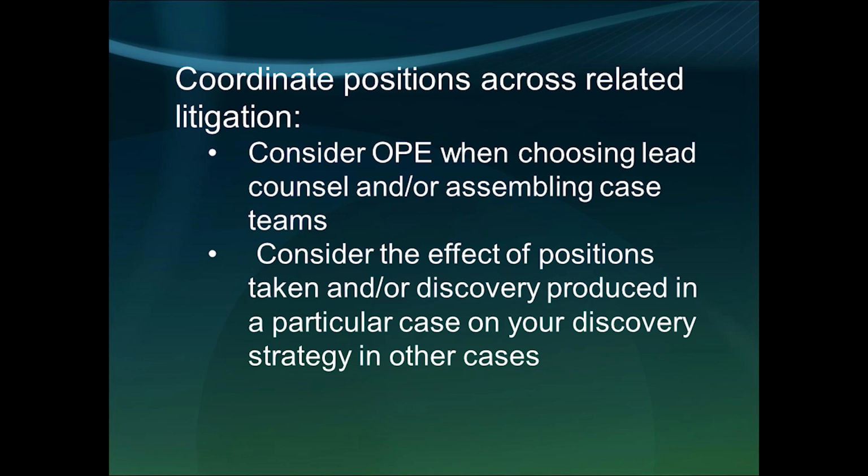Third, you might consider other proceedings evidence when choosing lead counsel or assembling case teams. Using the same counsel and ideally the same attorneys on multiple cases is the easiest way to coordinate your efforts, but it can also be accomplished via close collaboration between counsel staffed on multiple matters. Bottom line, it's much easier to know what happened in a prior case when you actually worked on that prior case. But whatever the arrangement, you need to make sure to have a thorough understanding of what discovery has been produced in the collateral matter, how this evidence from other proceedings relates to the instant dispute, and what documents have been cross-produced between cases, all the while being careful to honor the terms of any applicable protective orders.